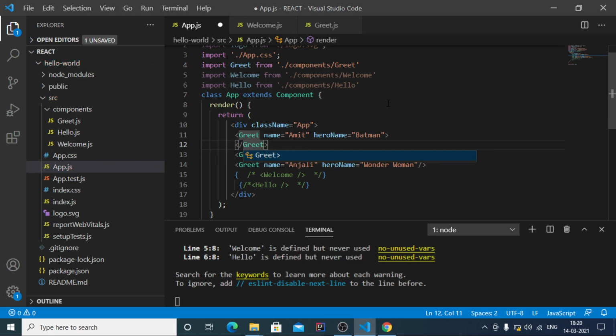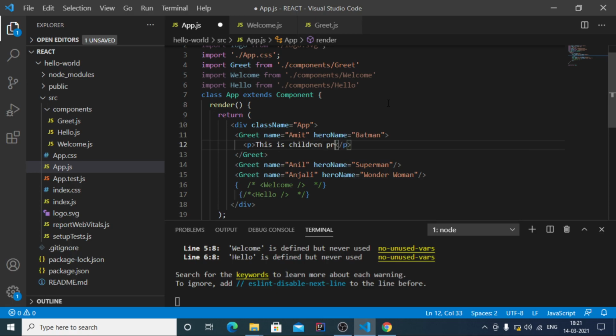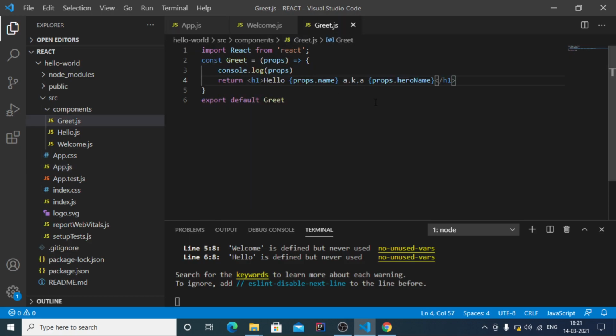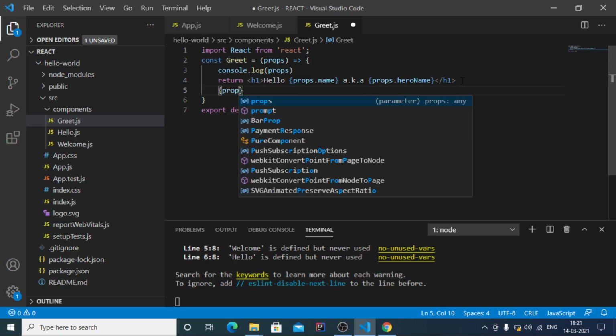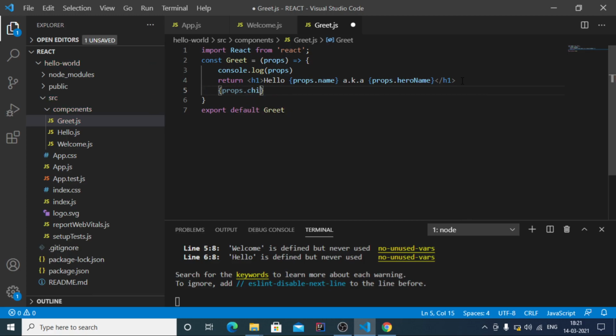Suppose you want to render some paragraph which contains this is children props. So we can retrieve this paragraph in the greet component by writing props dot children.